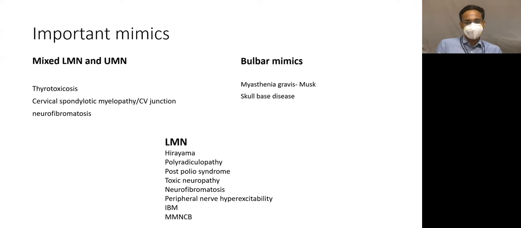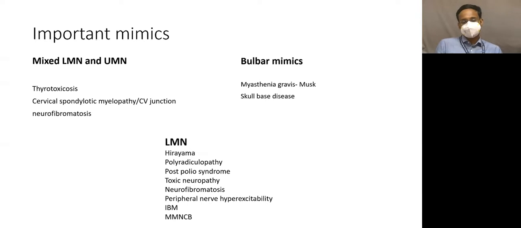Neurofibromatosis is also something very common in India, where multiple neurofibromas can involve multiple roots and nerves, and it can present with significant wasting and fasciculation. So systemic examination looking for neurocutaneous markers remains an important thing, especially in young people who come with ALS-like presentations. The bulbar mimics: the most important mimic that we will always consider will be myasthenia gravis,